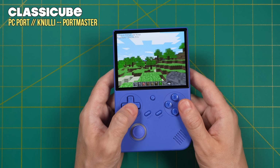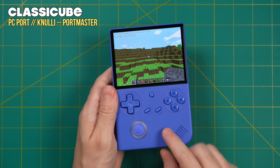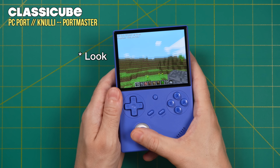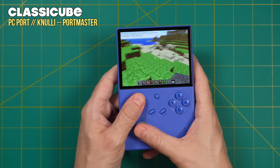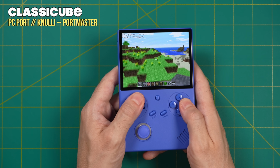One port that was just recently released is Classic Cube. This is basically a Minecraft port. Now it's a little bit awkward with this device because we only have one analog stick. So here I've made the move buttons be the left analog stick and then my movement the D-pad. And so it's kind of like a dual stick game, but you're playing it on the left side only. Either way, if you were really trying to play Minecraft on one of these devices, it's a lot more possible